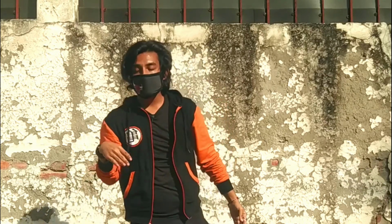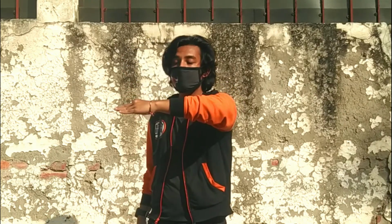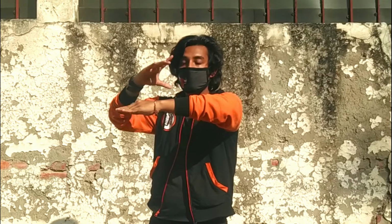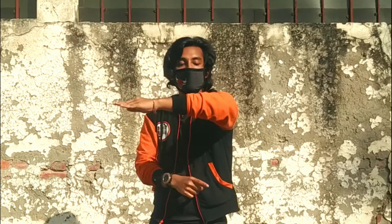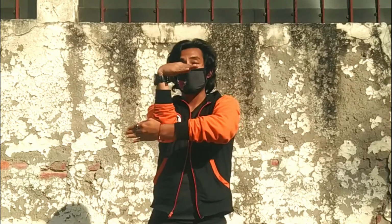Okay, for our 7 our elbow moves downwards like this. And remember one thing, when we are moving our elbow down, our hand doesn't have to move. Okay, in this step only our elbow moves. From our wrist our hand doesn't have to move. 6,